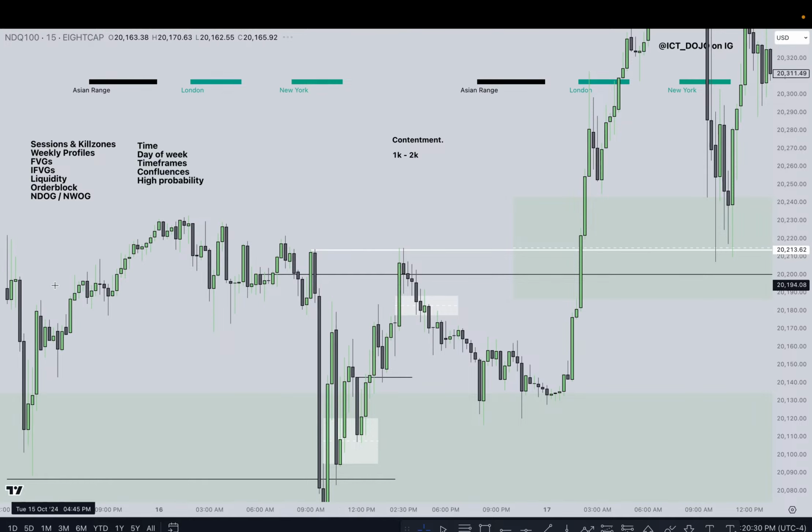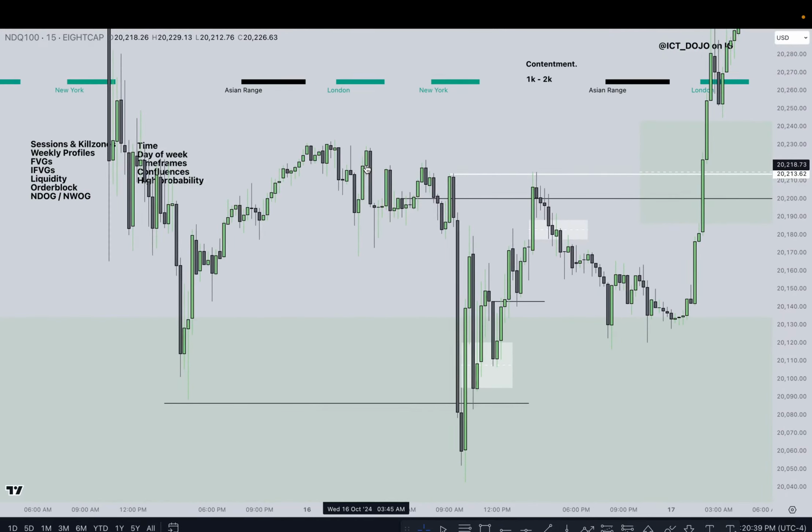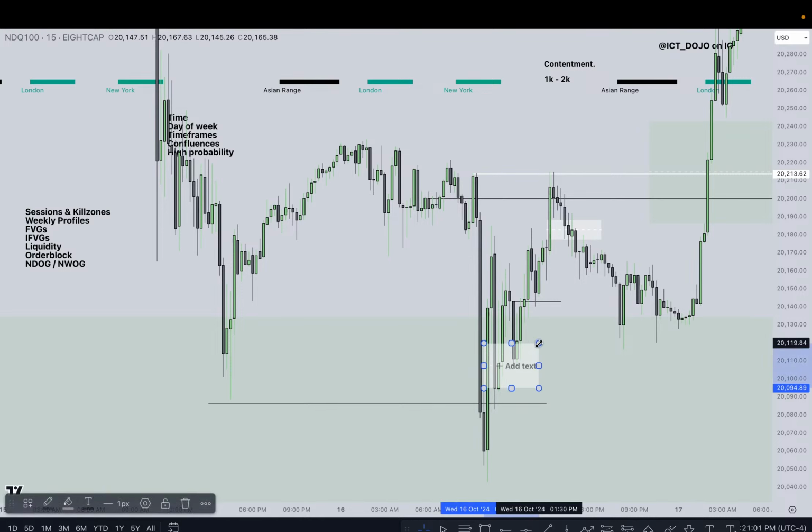Okay, so back to topic, right? How do you combine these? As I've been showing you, time frames is the most significant thing because you want to have a story. You want to have an idea of where the market is going on a higher time frame. And that story comes from using the higher time frame fair value gaps. I'd say out of all the concepts that exist in the entire market, fair value gaps are the most important ones. That is probably the singular best concept that exists out there in the market,